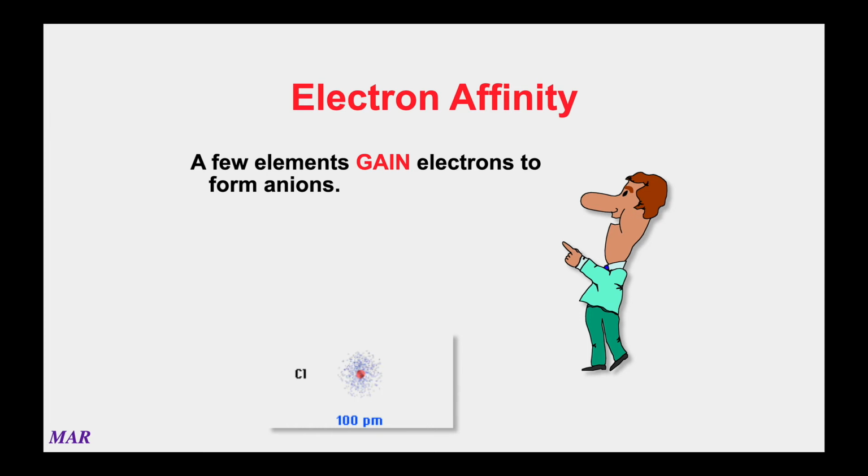Some of the atoms really want to be like the noble gases, and they're so excited they give off energy. I don't know if that works for you or not. But anyway, a few elements will actually gain electrons to form ions. So for example, these aren't going to be metals. Metals form cations. But the nonmetals will gain electrons to form anions, and they'll actually give off some energy when